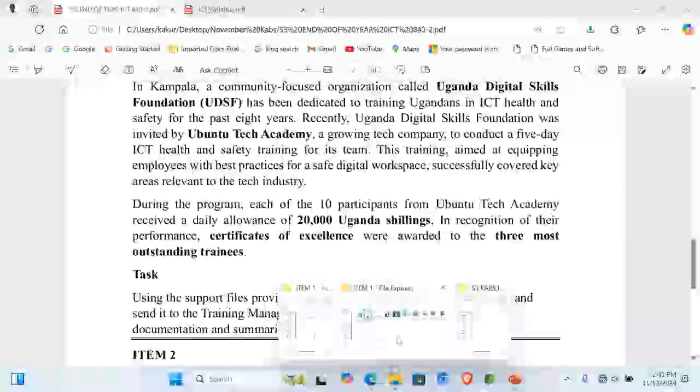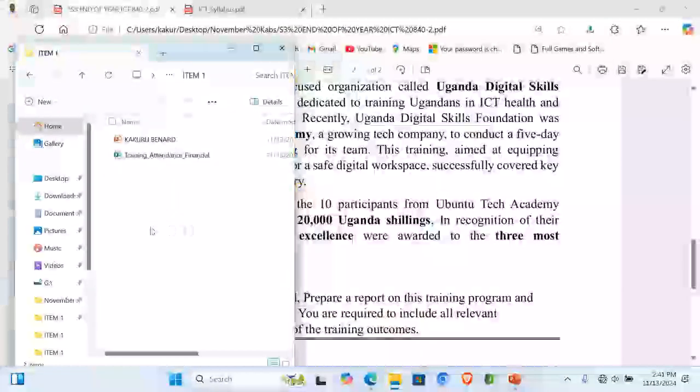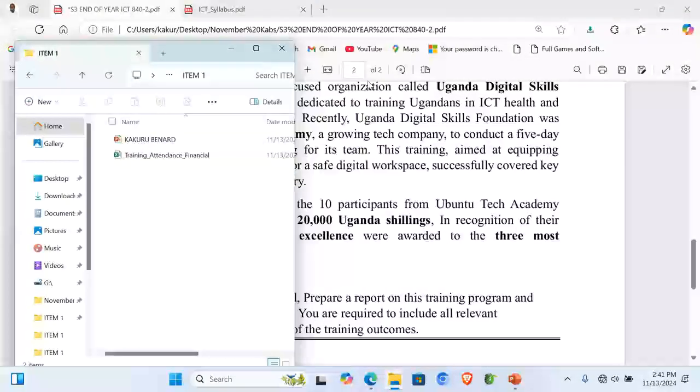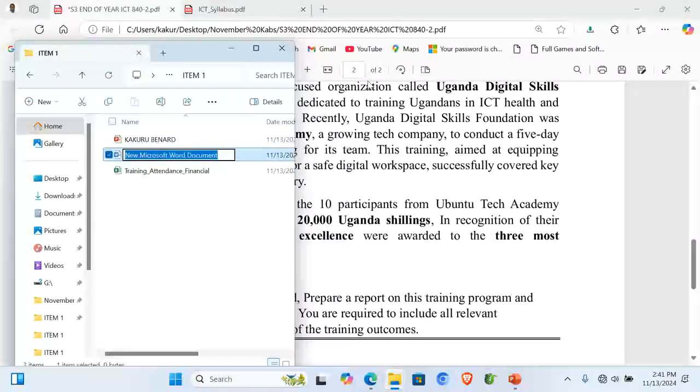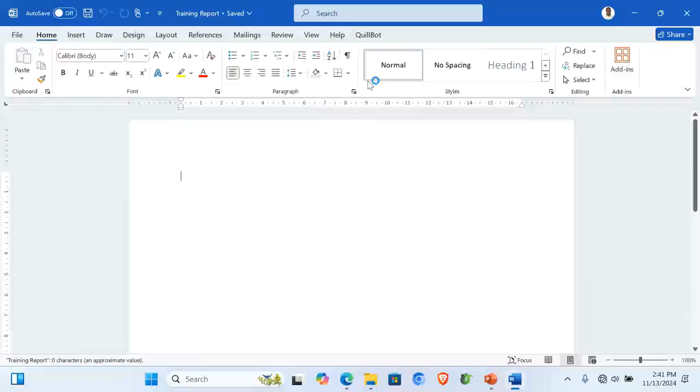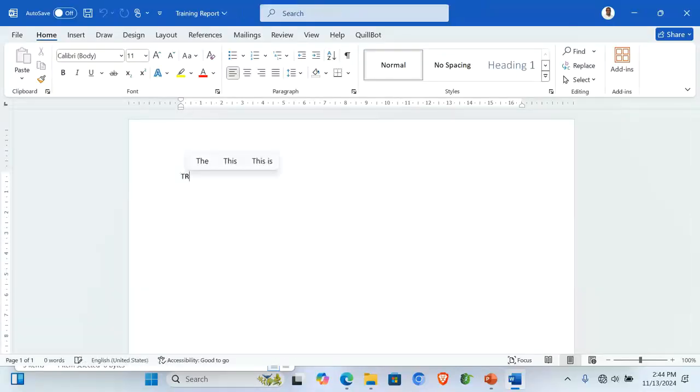We are going to use Microsoft Word. So here we can right click, go to new, create Microsoft Word document. We can call it training report. So this training report, I'm going to show how best you can create an outstanding report. To create our report, we can start by writing some text, training